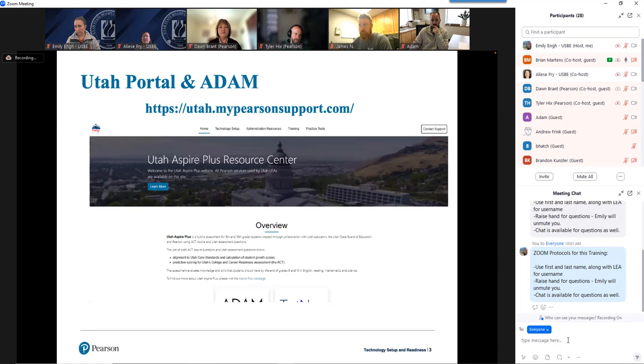So the first thing is the Utah portal, and I think if you remember nothing else out of these three sites that I'm about to show you, this is the one you want to remember. Utah.mypearsonsupport.com. From here, you can get to the other stuff that I'm about to cover here. So remember that this is the main portal, and it's got a technology setup tab in there that pertains specifically to what we're dealing with, and information about technology resources, how to download TestNav, how to go to the online documentation, all that stuff. So remember this one, if nothing else, and it'll get you everywhere else you need to go.